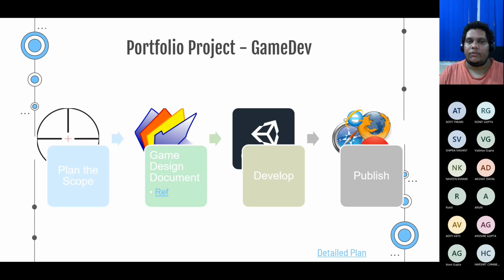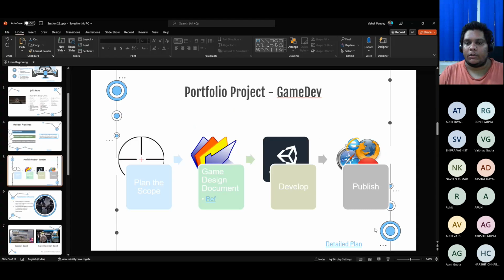If you have time, if you are a first-year or second-year student, then you can go for multiple projects in that scenario. So start building a scope, like if a project is going to take you 1 week to plan, then it will take the next 2 weeks to develop. So spend a lot of time on planning the project. Planning would also include the game design document, which we'll go to now.